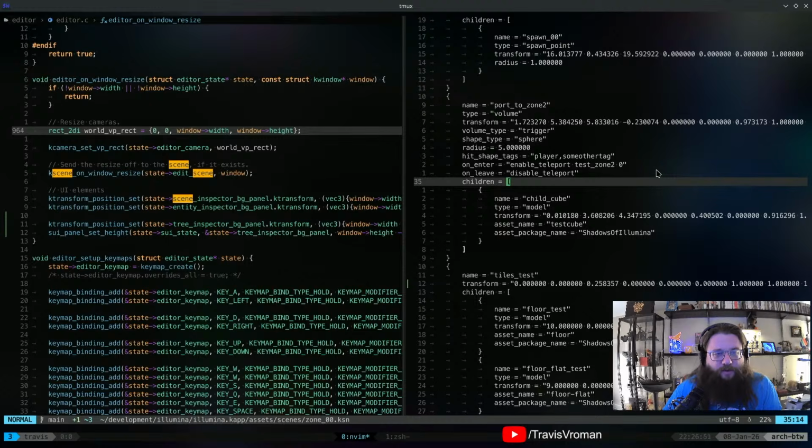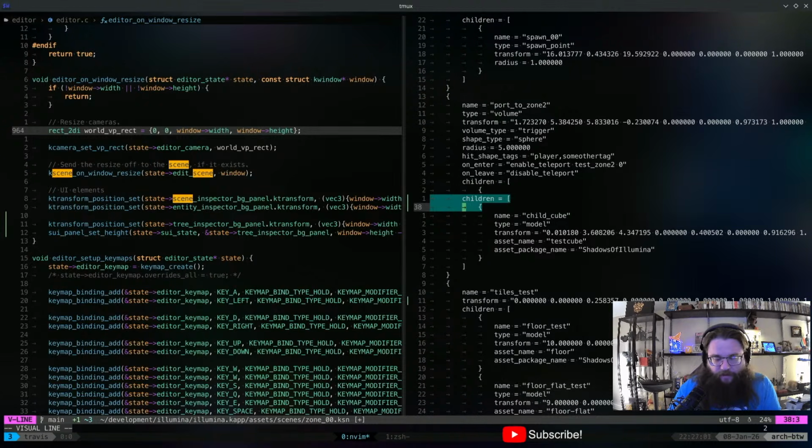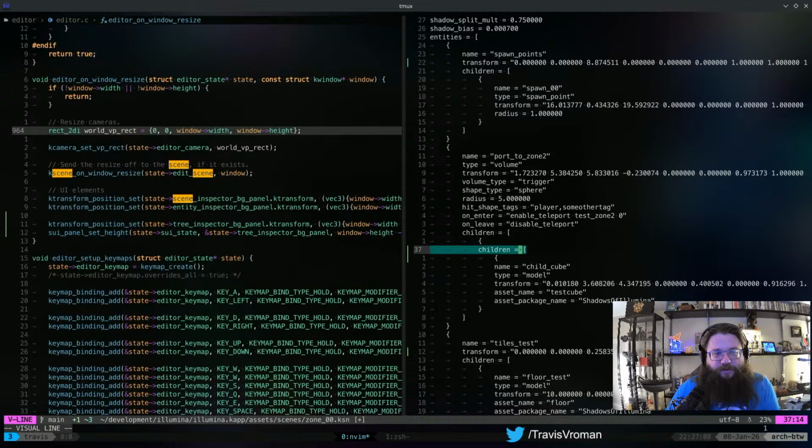Okay, so I'm going to take this children array and duplicate it. Right? So we're going to put in here, I guess we'll do one more layer in.